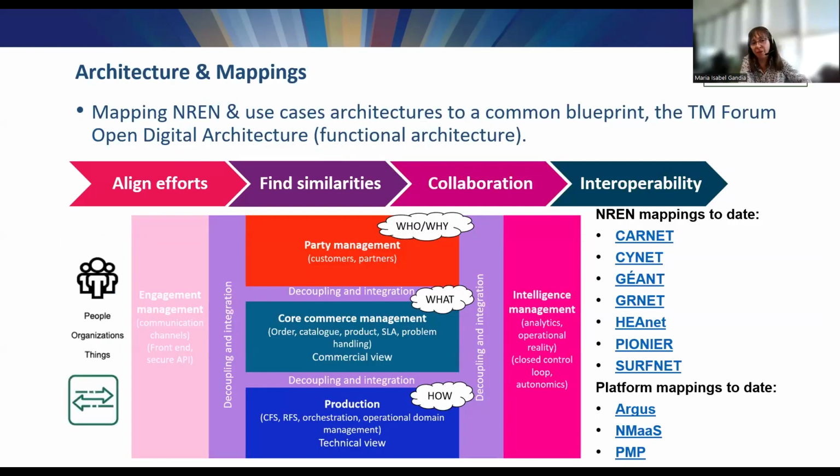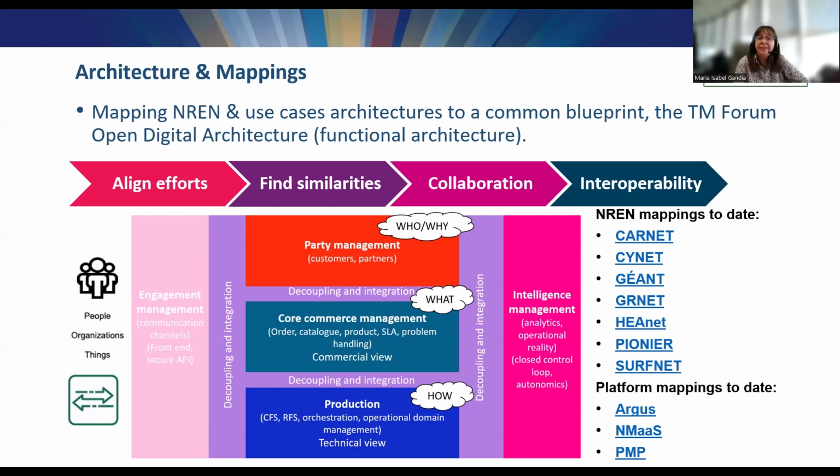For architecture, that was one of the first things that the community asked us to do when we started working on orchestration, automation, and virtualization, because we were set that we needed a blueprint, a common architecture to be able to compare the architecture of one entrant to the architecture of another entrant. The idea is to align efforts and be able to interoperate. This way, if you have a common architecture, you can find similarities and find ways to collaborate, or maybe APIs that can communicate to each other in a technical way and not so technical too.